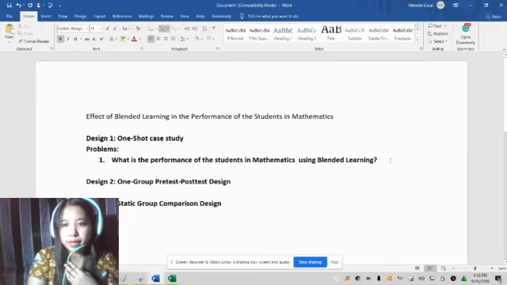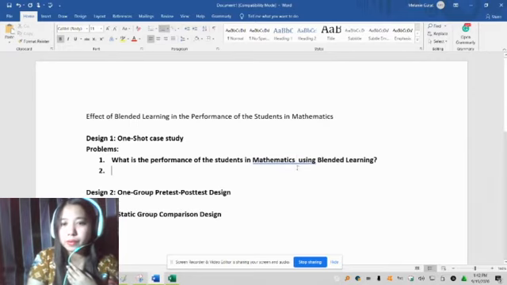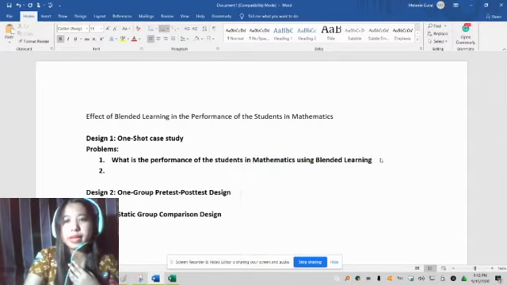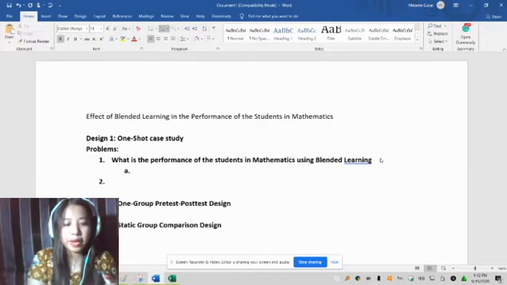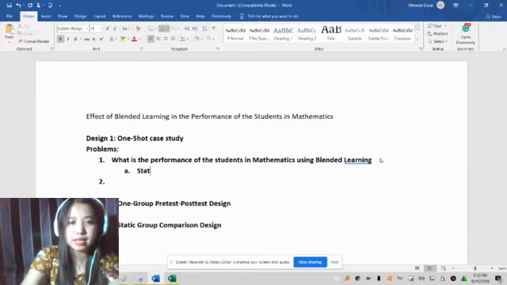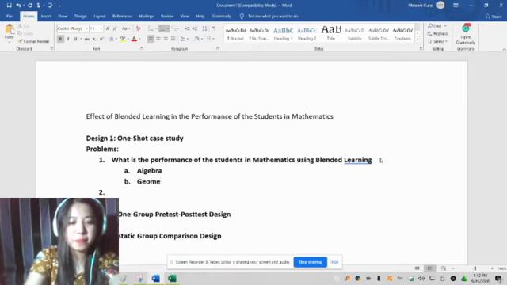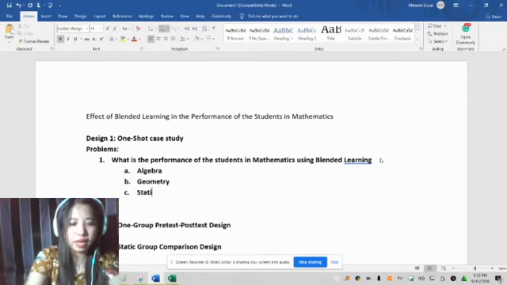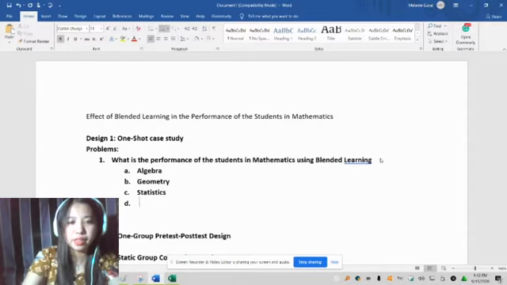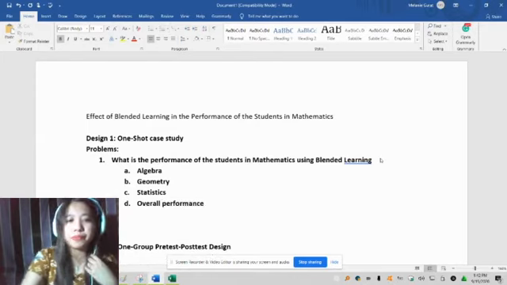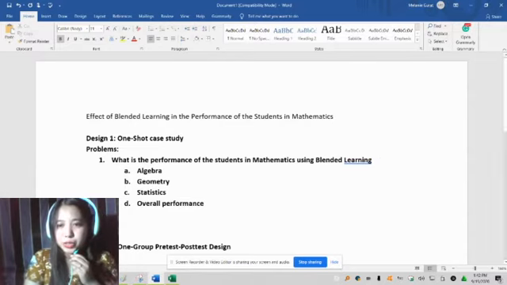Here, it can be that we have three domains, like statistics, algebra, geometry, and we can also consider the overall performance. Or it can be simply the performance in general. So assuming that you consider the following,